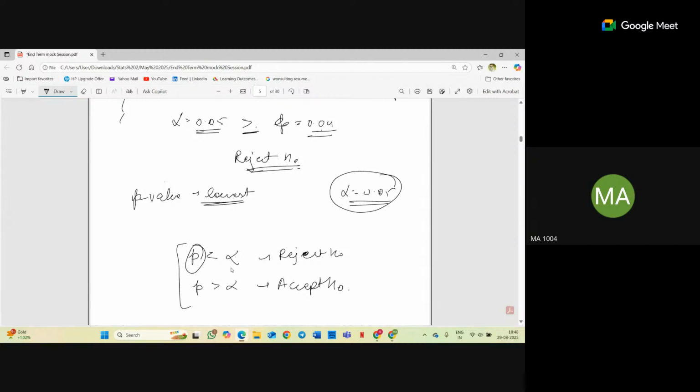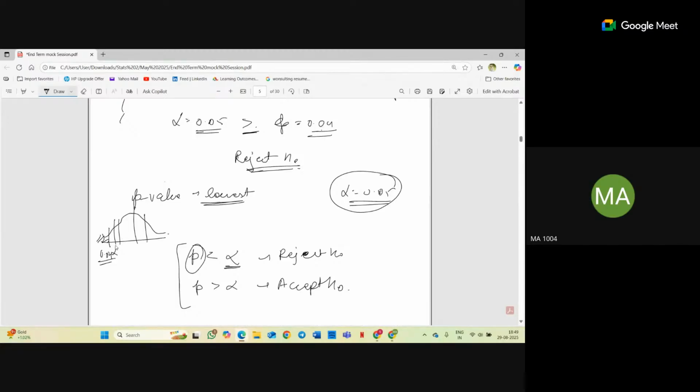If my p value is coming out to be less than alpha, okay, the lowest significance value, I would be rejecting H naught. And if my p is coming greater than alpha, then the same thing applies whether you are taking left-tailed or right-tailed. So if you see, the p value is 0.04 and my c was 0.08 and my alpha is 0.05, then my p value will be coming out here, like 0.04, which is less than my alpha, correct? Yes, ma'am. So then also I would be rejecting my H naught.